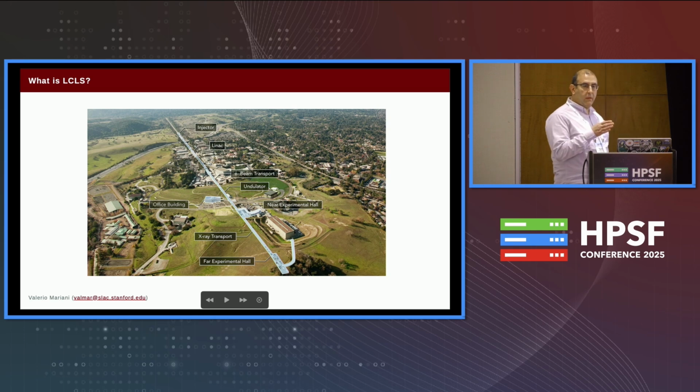Then we make them wiggle in an undulator. And when the electrons wiggle, they emit very bright, very coherent X-rays that we then focus in one of the 2 experimental halls on samples. Usually the sample is destroyed in this process, so it's really hard to replicate the experiments, but useful data is